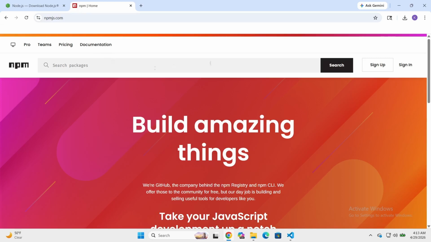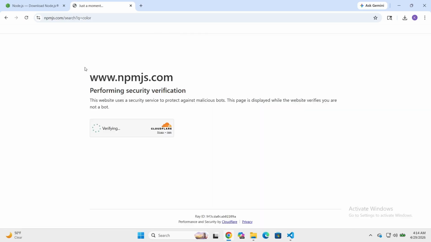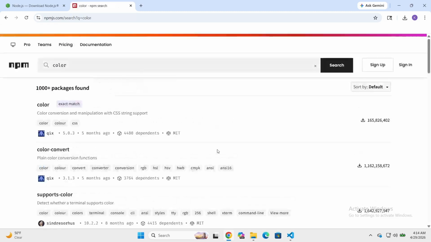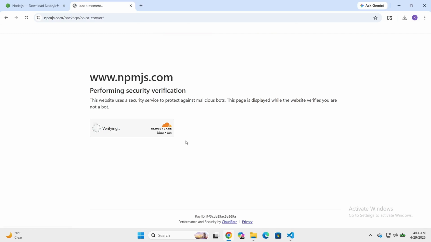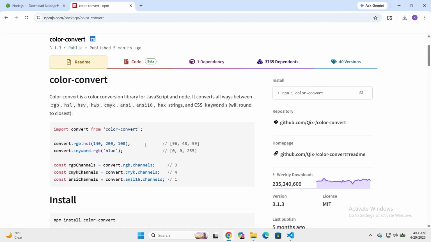It's very simple. You can type, let's say, color manager, or anything color, and just press enter. Verify I'm human. Okay, so let's say color convert. Click on that link, and you follow these instructions, for example,